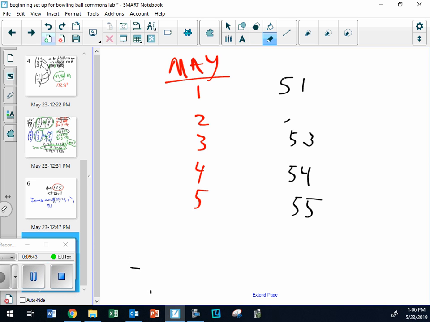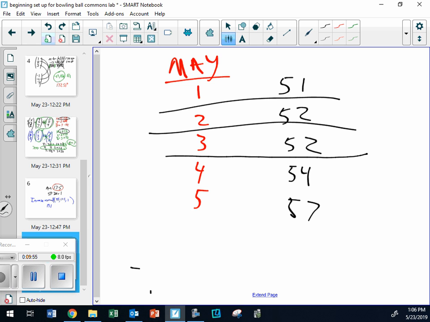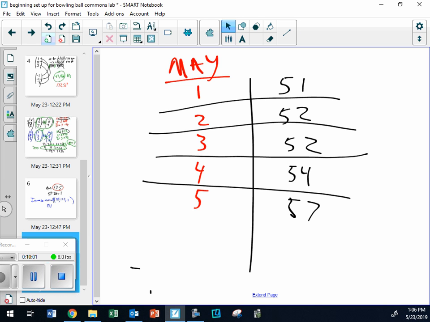So here's my question. I'm going to change this a little bit. If this is your data, I want you to figure out, well, I know you know that it's got a positive correlation, but is it 1.0? No, it's not. But I want you to figure out what it is.